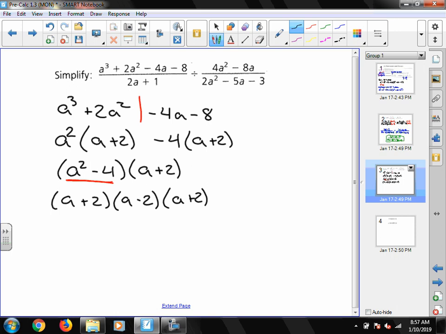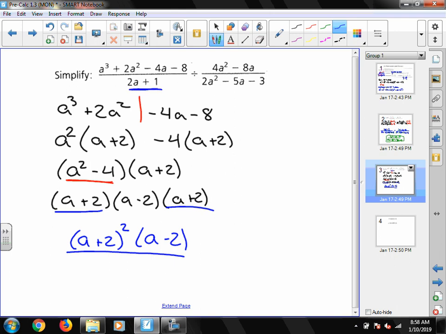Now, for the most part, everything's going to factor out the same way that things have always factored for us, so that's okay. Now that we're dividing, we're going to do our keep, change, flip. So I'm going to write my problem as, and since I have a plus 2 and a plus 2 twice, I'm going to go a plus 2 squared times a minus 2 all over. Now, I look at 2a plus 1. I have no common factors. I can't factor this at all, so that is actually just going to stay